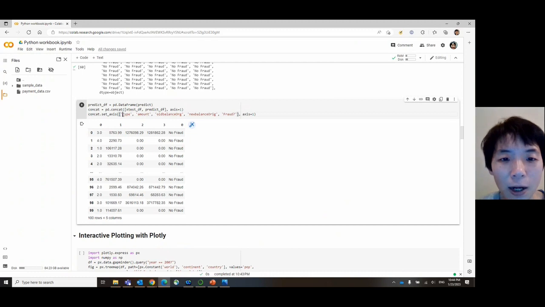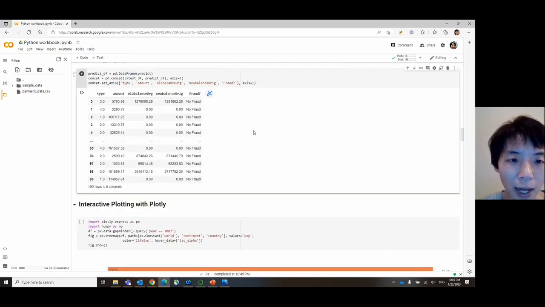And we want to list out the column headers that we want to show in this data frame. In order from left to right, the first column is the type, second is the amount, third is the old balance and new balance, and then the last one is fraud with a question mark, so that we know that this last column is telling us whether the transaction featured in the previous four columns is fraudulent or not. So if we run this, there we have